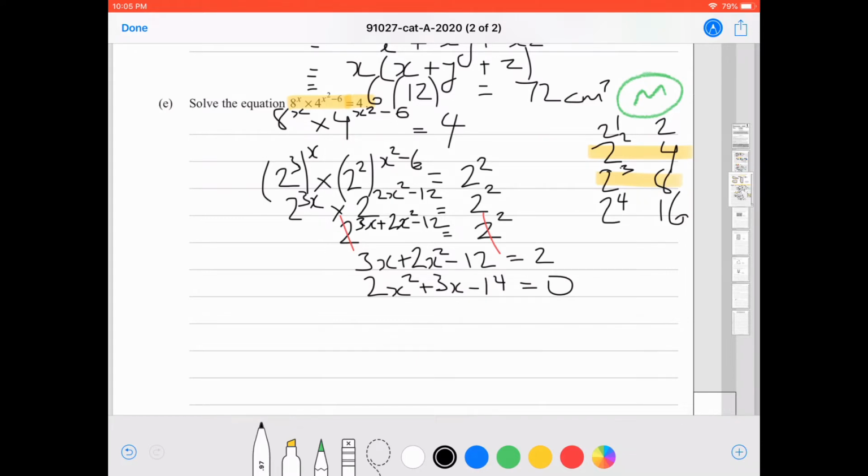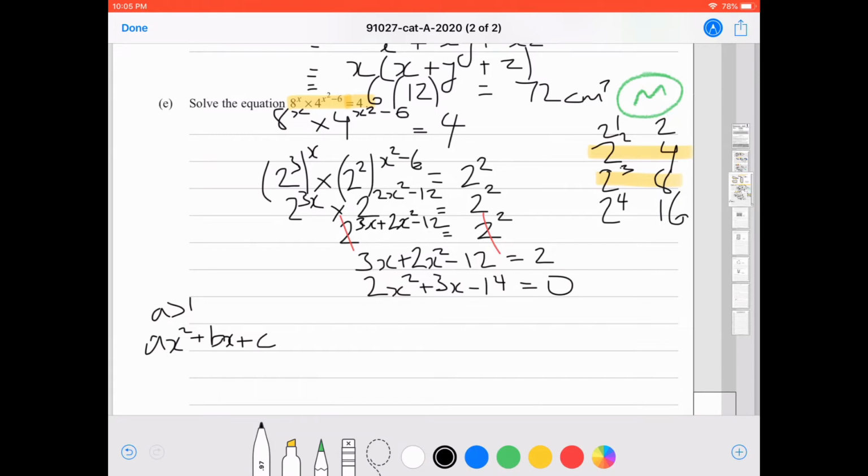This quadratic is a little bit harder than the previous one we did, for the fact that a is greater than 1. Okay, so a quadratic is in the form ax squared plus bx plus c, and in this case a is greater than 1, it's 2,